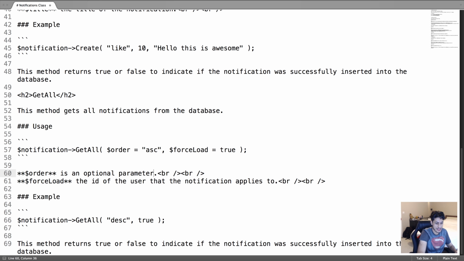Now on to the next mug of green tea. So where was I? Is an optional parameter